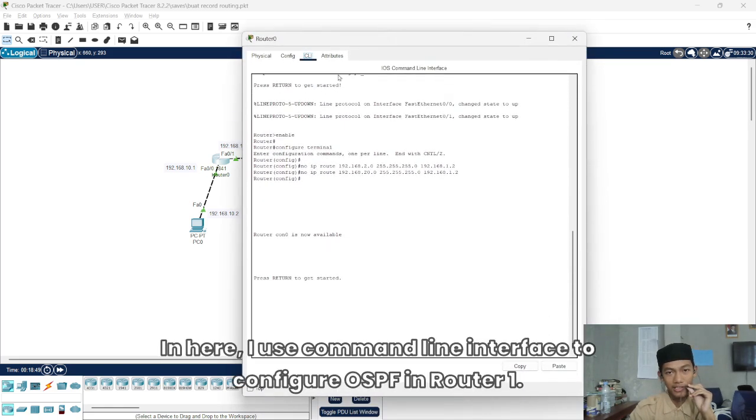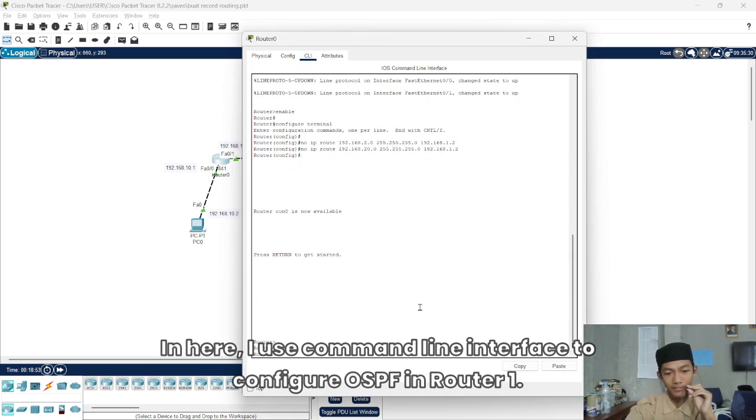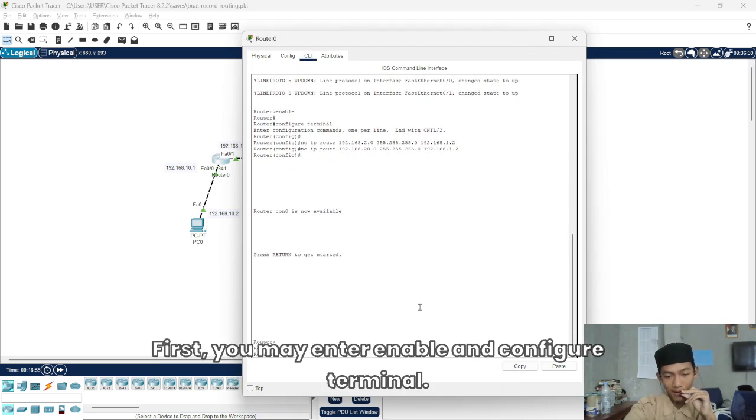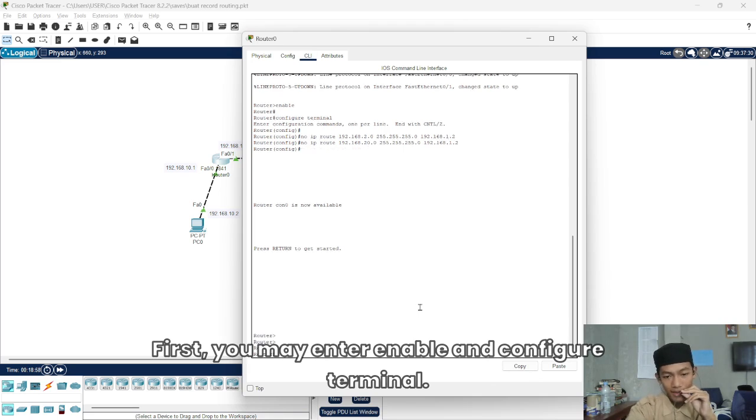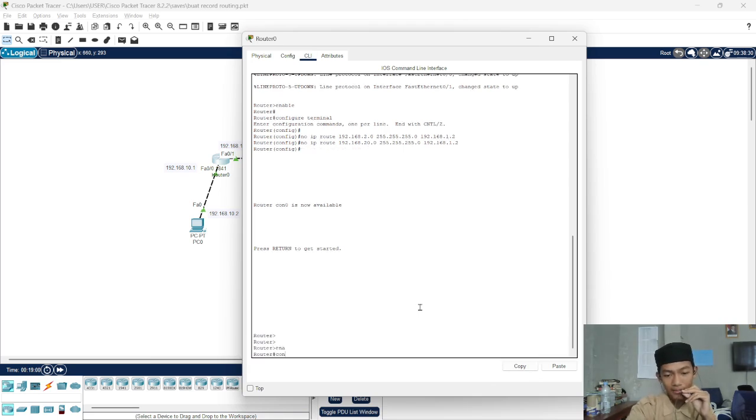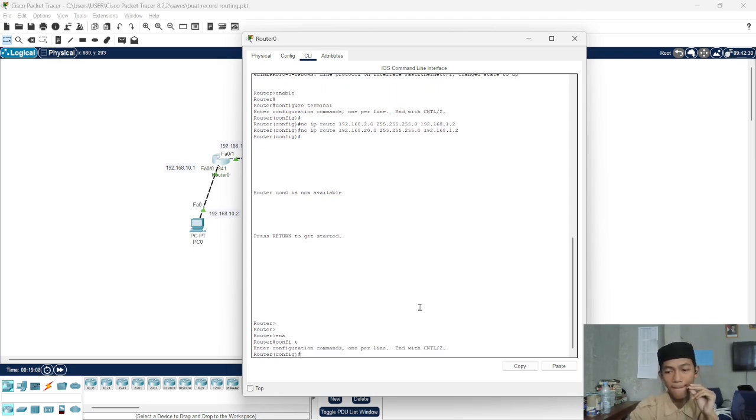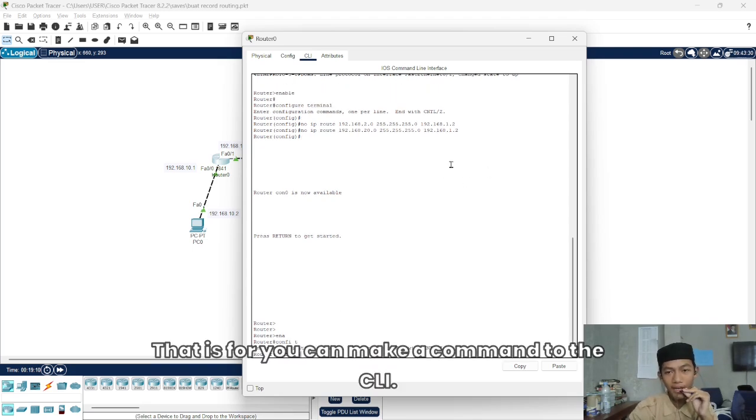Here I use the command line interface to configure OSPF on router 1. First you enter enable and configure terminal, so that you can enter commands in the CLI.